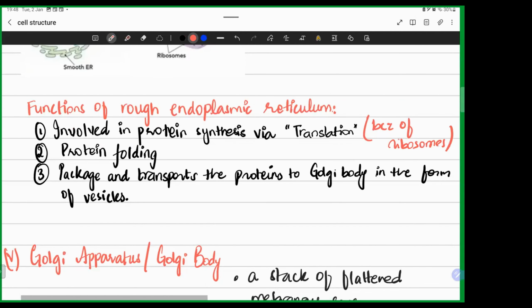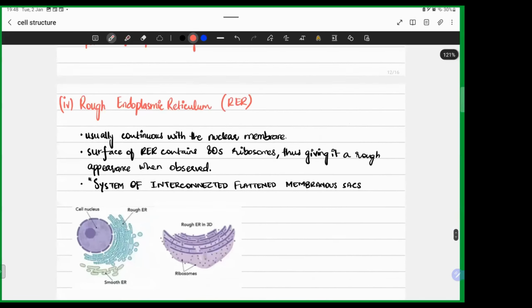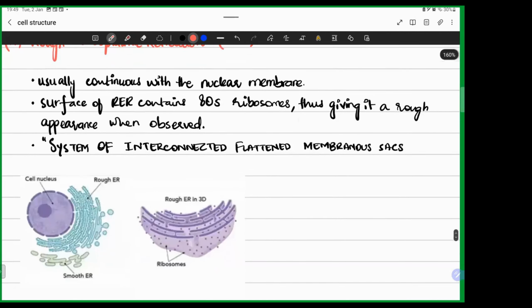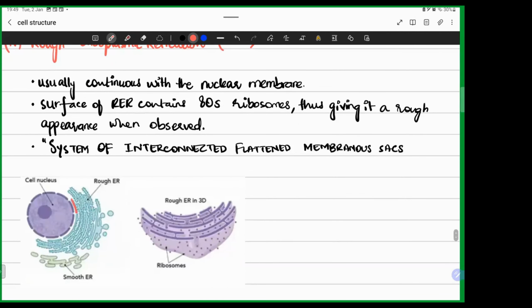Now, chalo, one function we have understood of RER. Let's understand what rough endoplasmic reticulum itself is. Even in the diagram that I showed to you guys yesterday of the animal cell, and even in this diagram, there is one thing that you can see, which is that our rough endoplasmic reticulum is very closely attached. This is where our rough endoplasmic reticulum starts, and this, in purple, we have our nuclear membrane. So usually, not always, but most of the time, our rough endoplasmic reticulum is continuous with